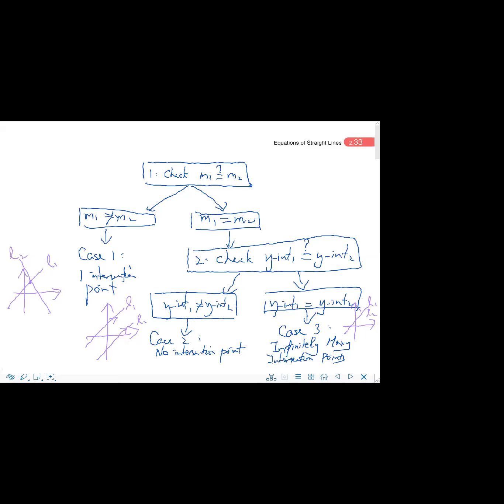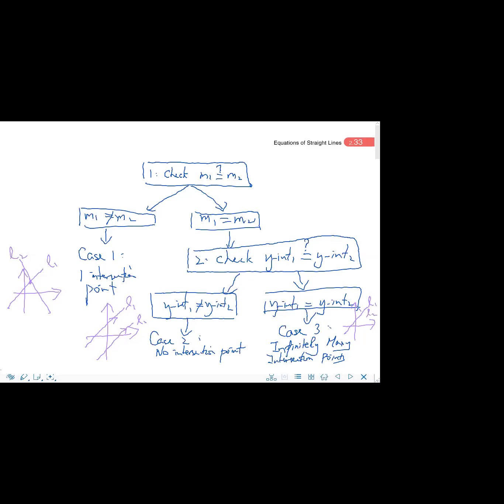There will be infinitely many intersection points. Infinitely many means without limit. So this is the concept part, the only concept part we learn in this section. We need to identify the three different cases: Case 1, Case 2 and